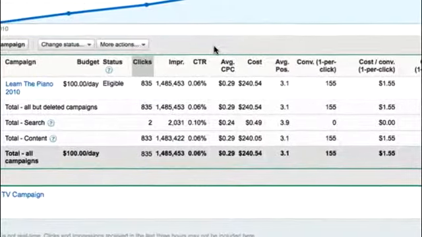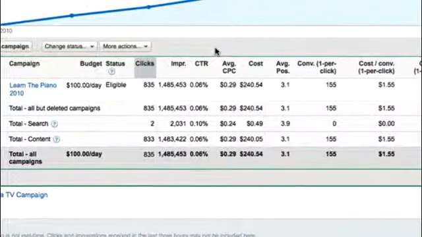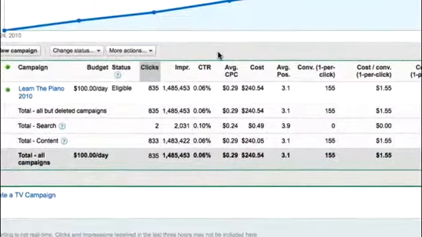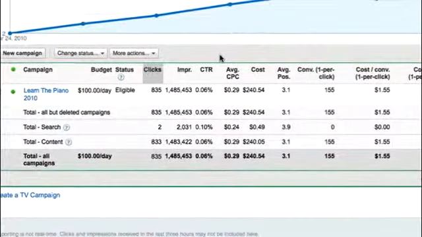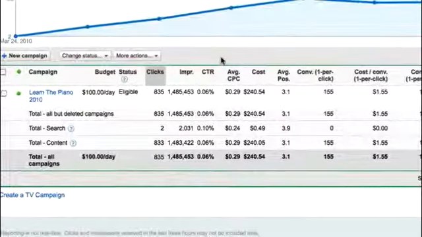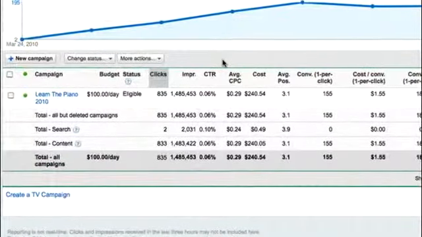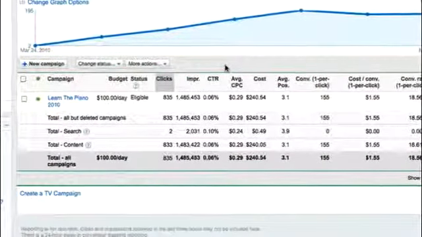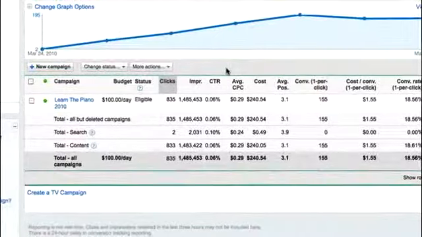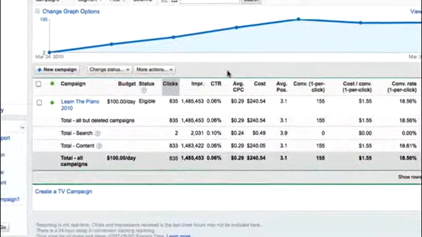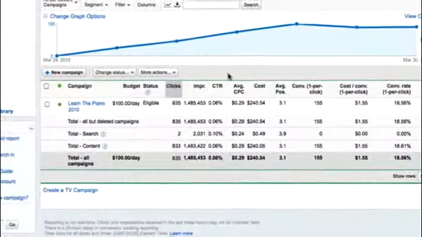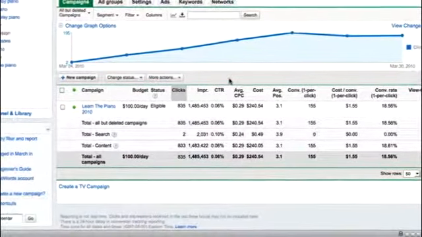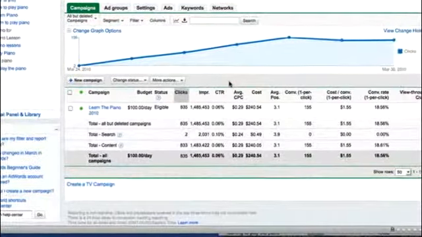Now, remember, when I showed you how to edit that ad, I only did one ad group, and it was really a glaring mistake I made. The keywords in the ad group were about learning to play piano, and I didn't even have that written in my ad. So you're going to find most of the time, if you have a bad click-through rate, it's going to be because you weren't relevant. You didn't have relevancy across your campaign. So go ahead and look through your campaigns. Make sure everything's relevant: the ad text, the keywords, the ad group. If all that stuff is congruent, you're going to have a much better chance of having a high click-through rate, okay? And click-through rate's really important because that's how to get a bunch more traffic.